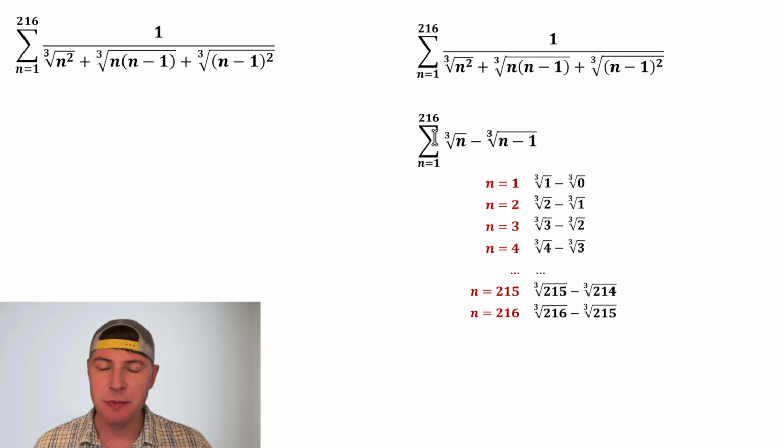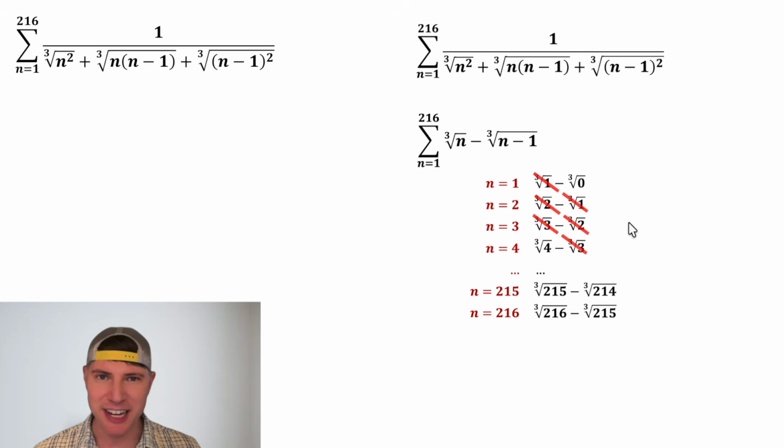215. Now, once again, this means we need to add all of these together. When we do that, this positive cube root of 1 and this negative cube root of 1 are going to cancel each other out. Same thing for this positive cube root of 2 and this negative cube root of 2, and the positive cube root of 3 and the negative cube root of 3. This cube root of 4 will cancel with the negative cube root of 4 that's going to be there, and then everything between here and here is going to cancel until we get to the positive cube root of 214, which will cancel with this negative cube root of 214. This positive cube root of 215 will cancel the negative cube root of 215, and now we've definitely simplified this